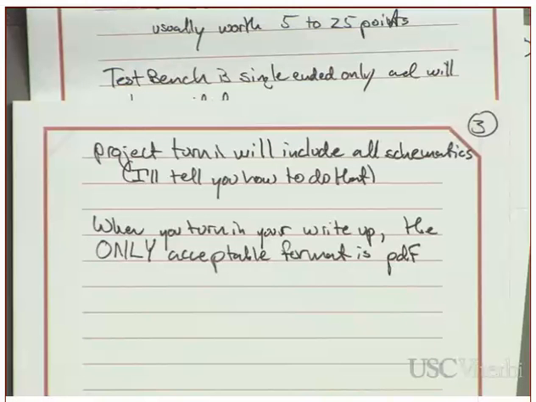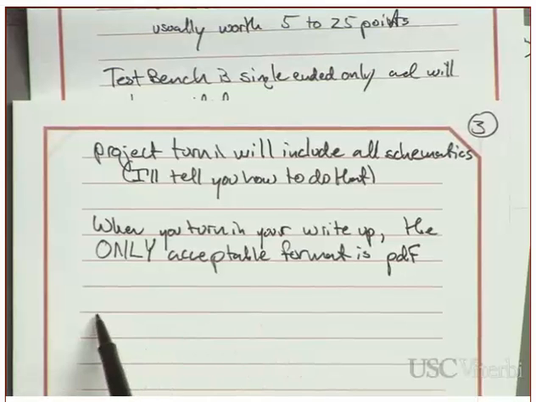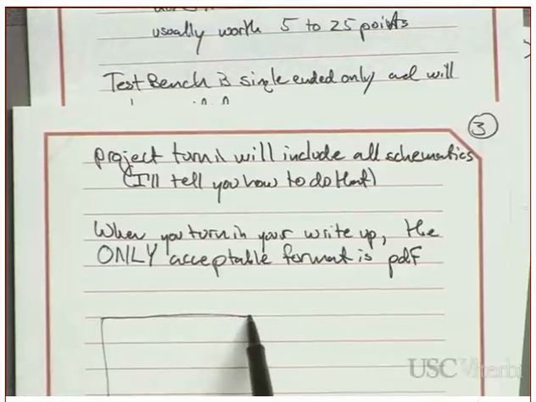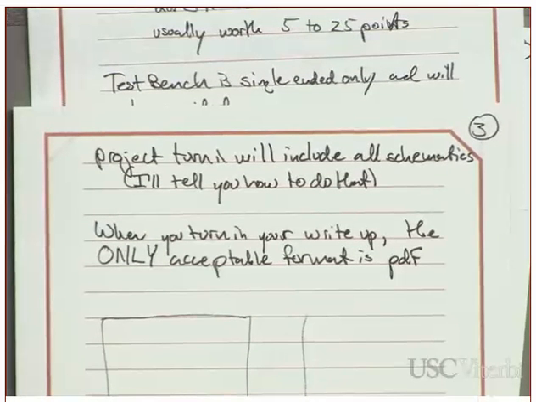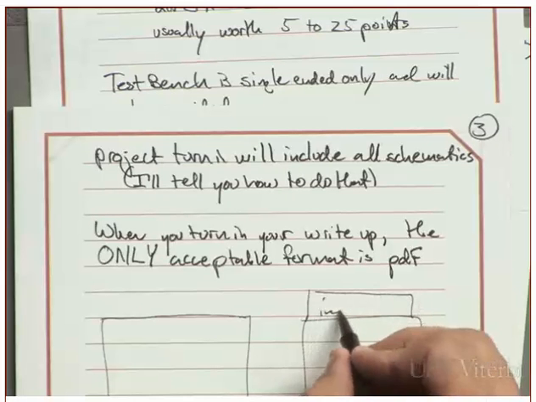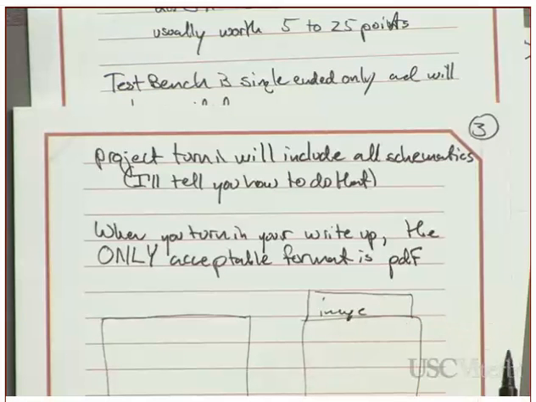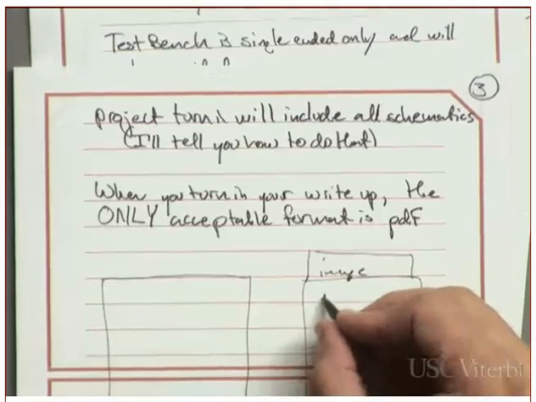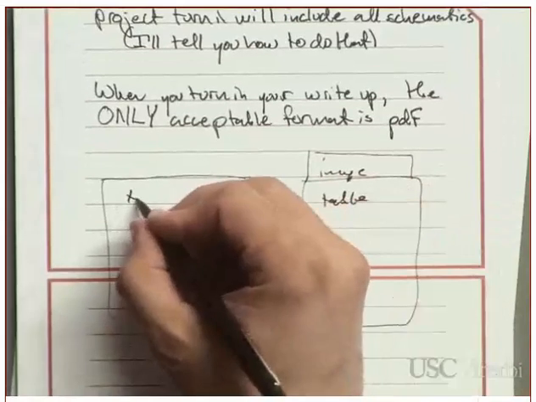I had a student who had sent me a docx, and there's a table here and a table here in the other column, and then right here hiding behind the table there was an image that I couldn't even see. And that just has to do with the fact that